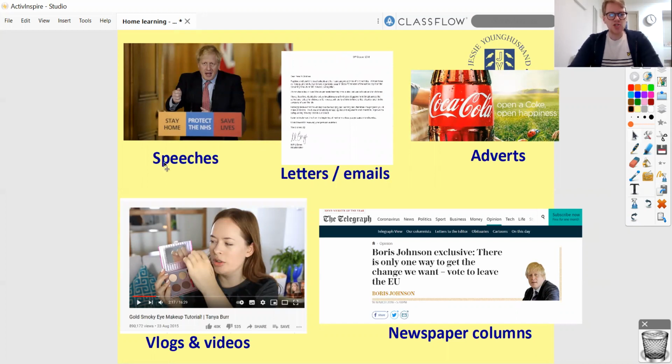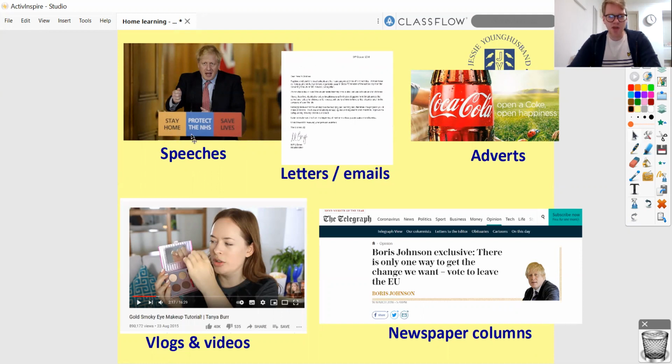So speeches. If someone is making a speech trying to get you to do something, that's going to be a persuasive speech. Now, I've put this picture of our Prime Minister Boris Johnson here because he's needing to make a lot of persuasive speeches at the moment, partly persuading the public to do certain things, also persuading members of parliament to vote for certain things. And you can see there on the lectern that he's standing on, that's the name of this little plinth or table you can see here.